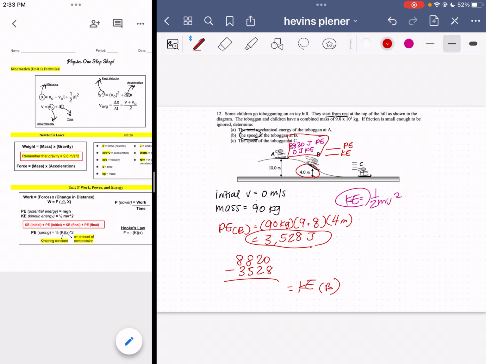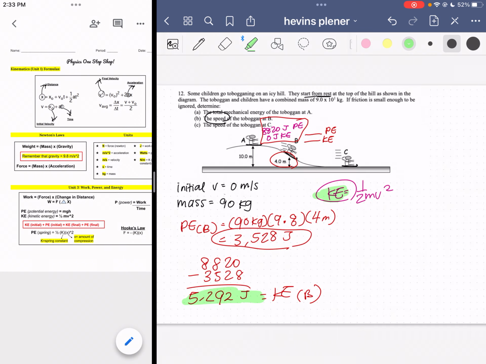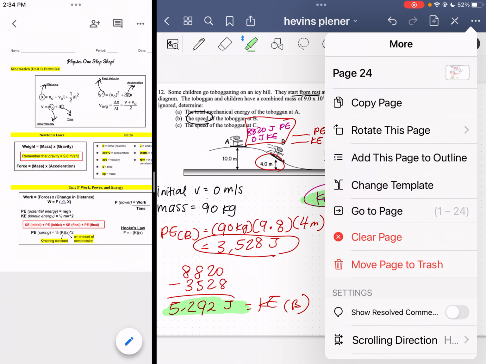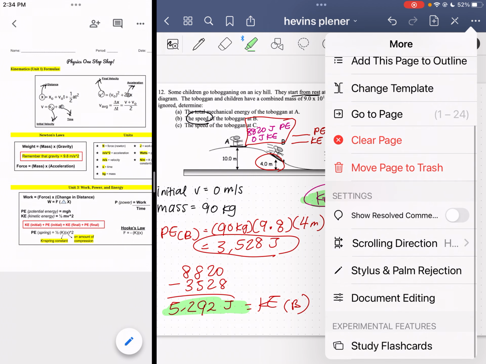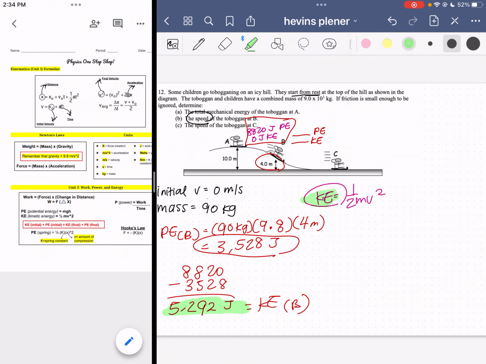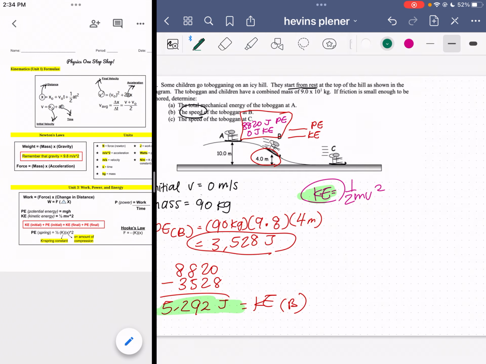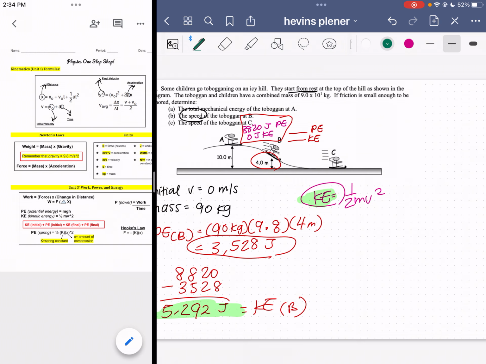Let me rewrite that a little nicer. 5292 joules. So now we can plug this number over here to find our velocity. I made this page size not the page size that I need, but whatever. Okay, to find our velocity then, let's change it to green. So our final velocity, or our velocity at B, is